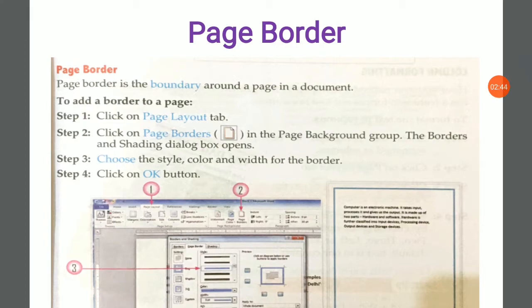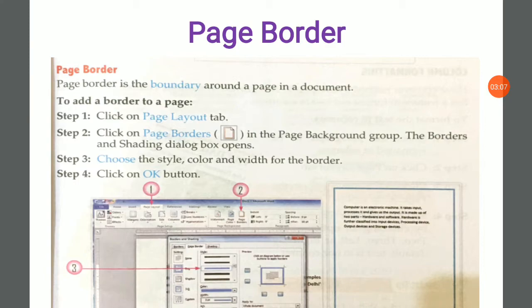Page border. Now what is page border? Page border is the boundary around a page in a document. How can we add page border? Let's see. There are 4 steps. First step, click on the page layout tab.